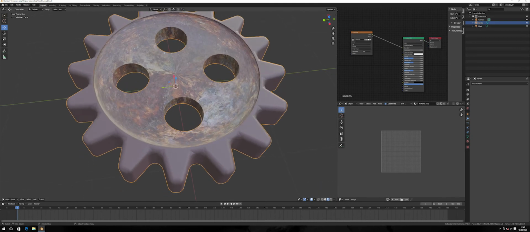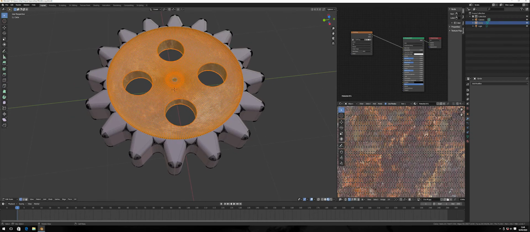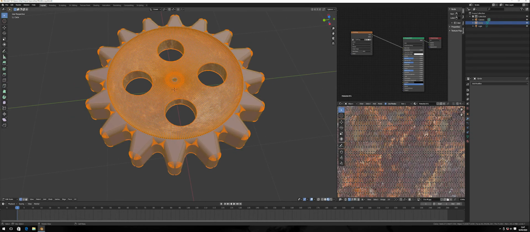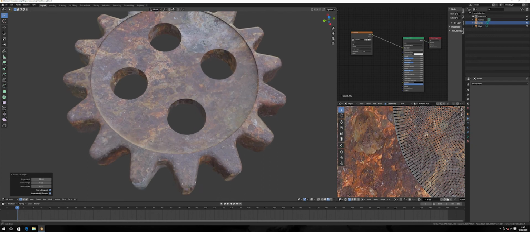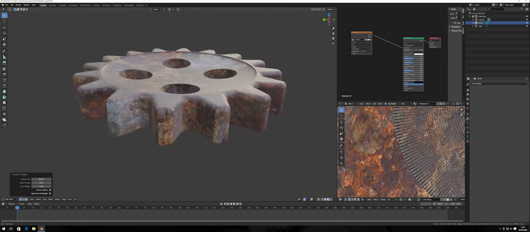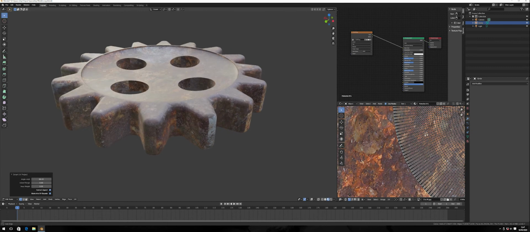unwrap it. So we go to edit mode, tab. Then we're going to go to A to select all. U, I'm just going to use the Smart UV Unwrap just for this tutorial, but you can unwrap it how you want to. So I'll click Smart UV Unwrap, I'll just keep the settings the same. Click OK. And we'll just see how that's unwrapped. It looks like it's done a pretty good unwrap. It's not perfect, but for this tutorial,